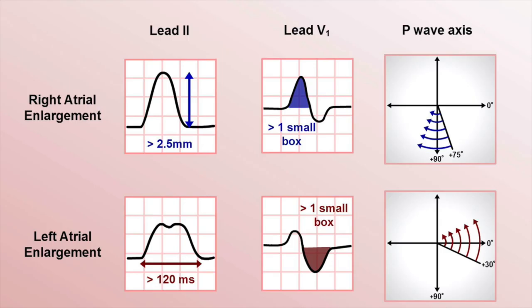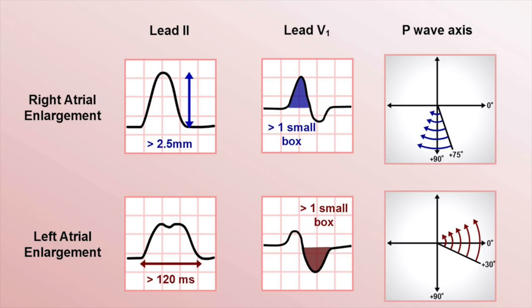The first half of the P wave is right atrial activation. The last half of the P wave is left atrial activation. In right atrial enlargement, since the right atrium is larger, it takes longer to depolarize, and the right atrial wave looks like it travels toward the left atrial wave and merges with the left atrial wave to form a bigger